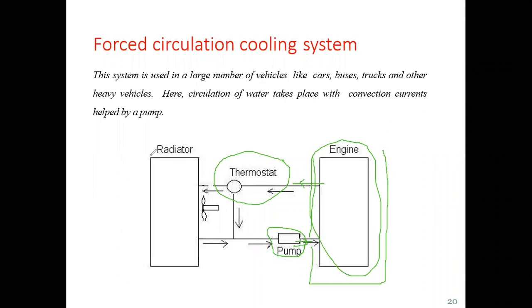So in the radiator there will be an upper tank, and there will be a series of narrow tubes. Okay, fins will be attached over those tubes, and air will be blown over it. Okay, and there will be a lower tank. From this lower tank, water will flow again to the engine. Okay, so this is how the working of a forced circulation system is carried out.